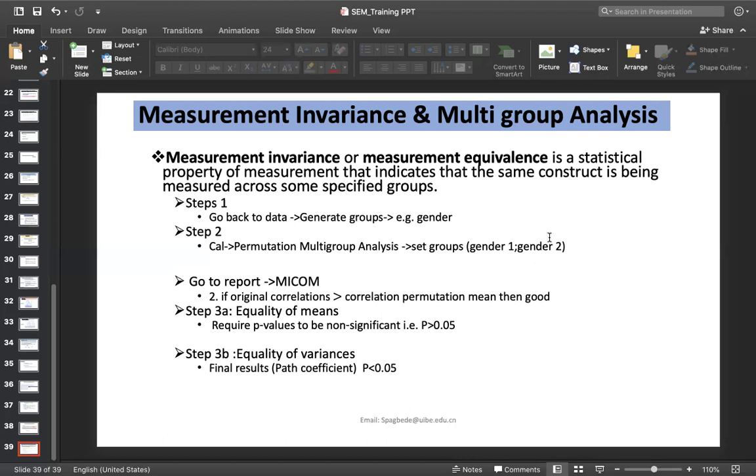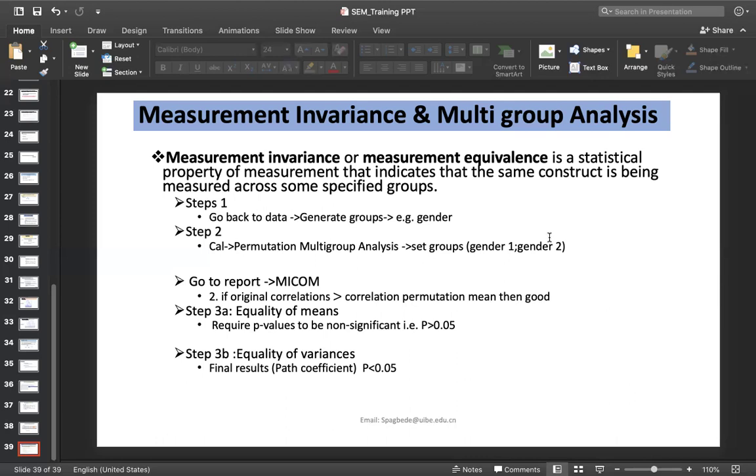So if I've administered my questionnaire on a group of people, I want to see if their responses are consistent across different groups. Are the males and the females agreeing on the same thing, or is there a difference in their responses to the item?